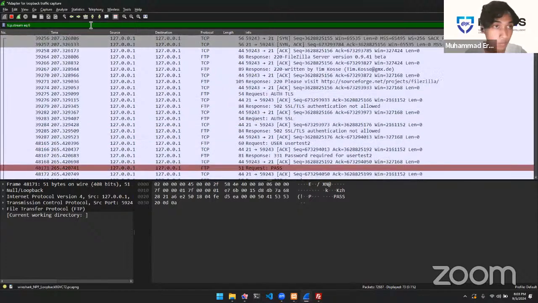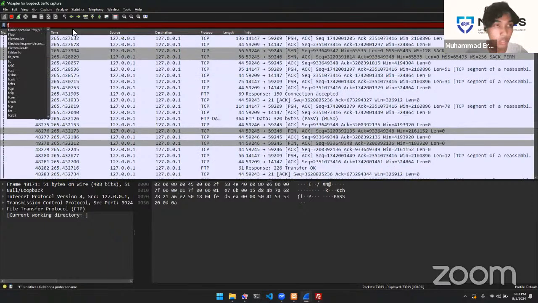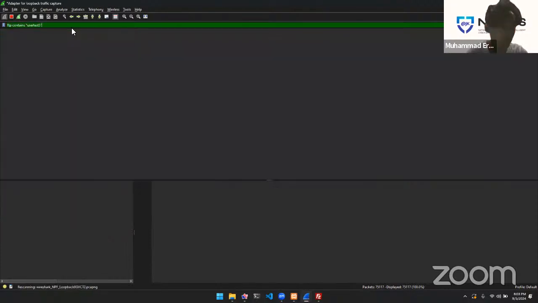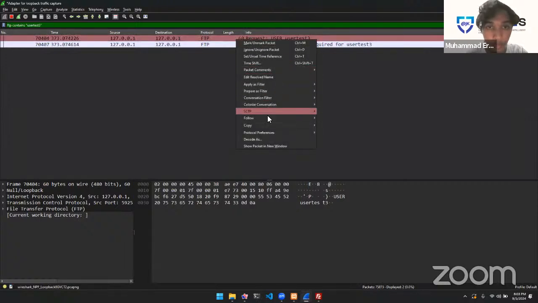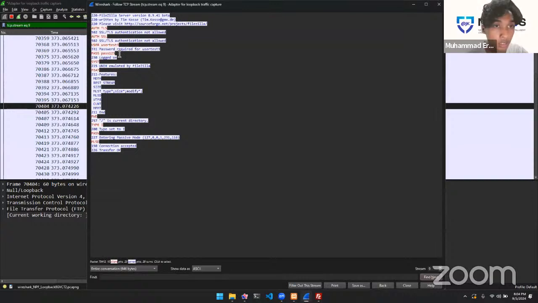Is there any? Okay, because this is still applying the current filter, FTP contains user. Okay, in here, we're gonna follow the TCP stream, and as you can see in here, the password is visible